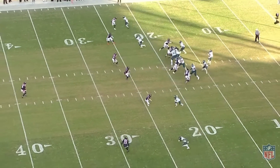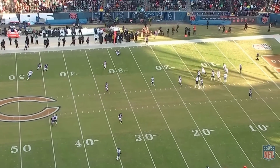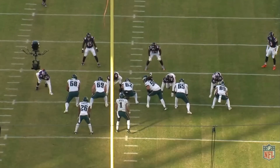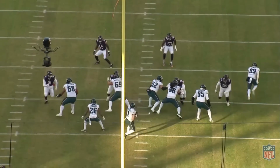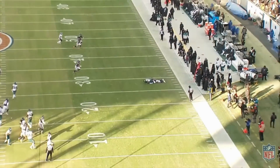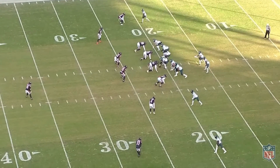This time it's a 9 hinge or stop. Again, great anticipation, great accuracy, working outside the numbers to the right. This time it's 5-step, 1, 2, 3, 4, 5. Tight hitch, reset, go. You know, I will say, just because as much as I want to praise him for